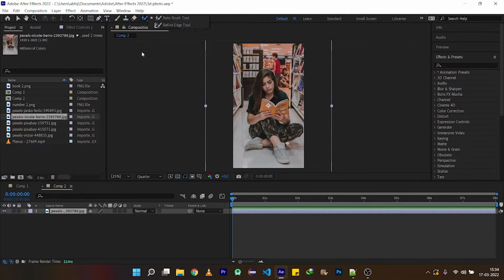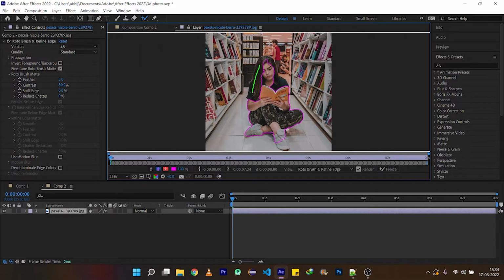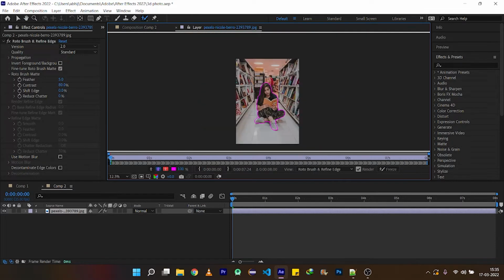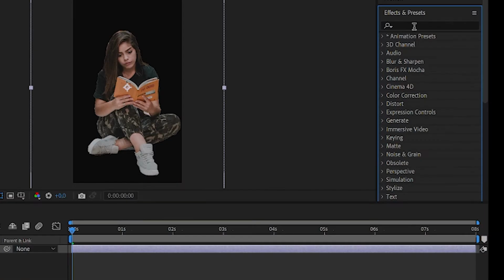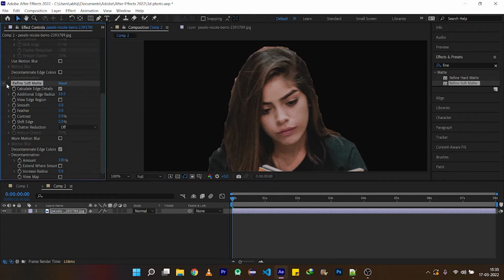Select the photo, go to the Roto Brush tool and double click the photo. You can use the mask tool also. Let me select it and adjust accordingly. If you want to know how to use Roto Brush, you can check this tutorial over here. After that, go to the layer and add Refine Soft Matte to this, and it will smooth out the outer part. As you can see,